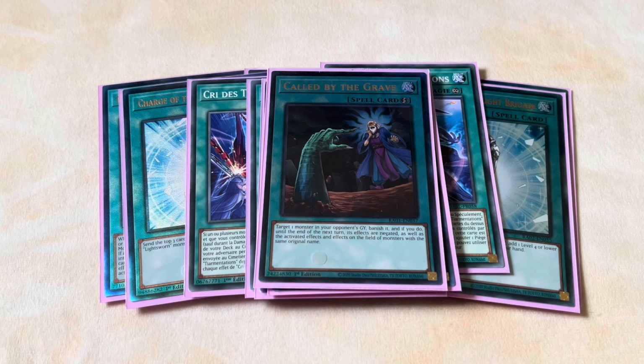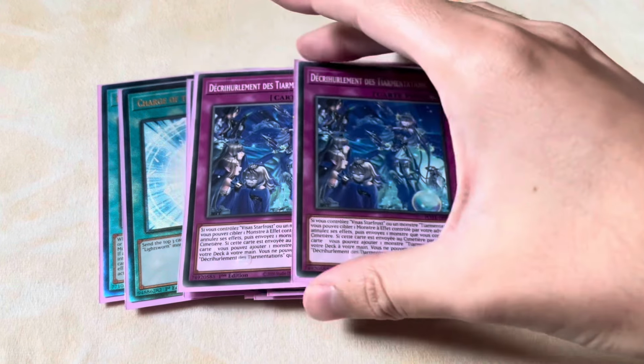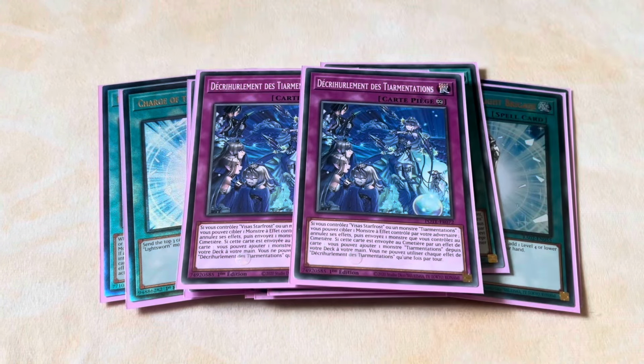And then that's it for the spells, and then for the traps, just 2 Tearlaments Sulliek. You don't need any Trivy Karmas or anything like that, just because we play Visas Amritara in the extra deck, which means that we have access to quite literally any single Tearlament spell and trap in our deck at any given time. So yeah, with that, that's the spell and trap lineup, and now we can finally move on to